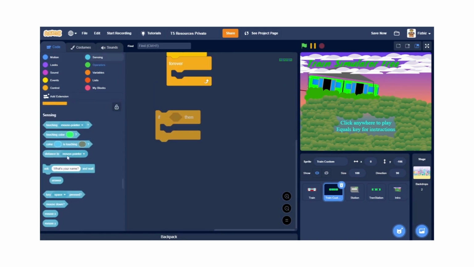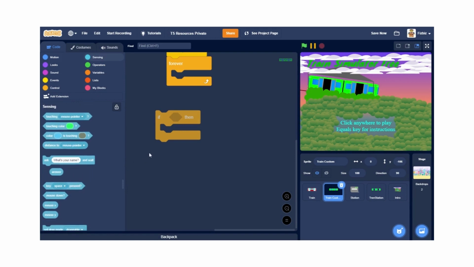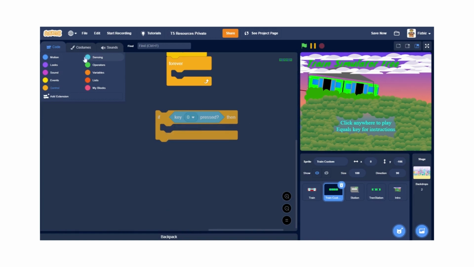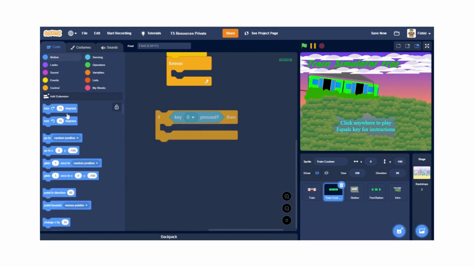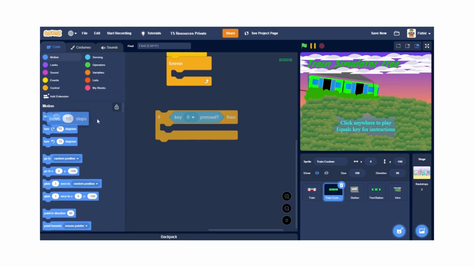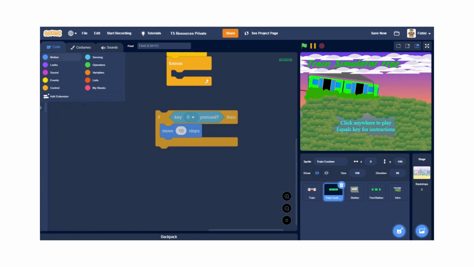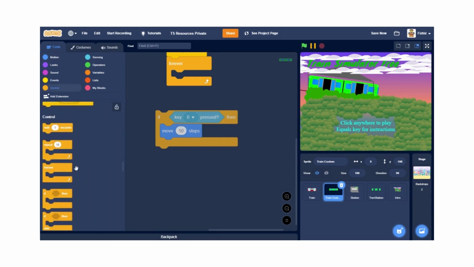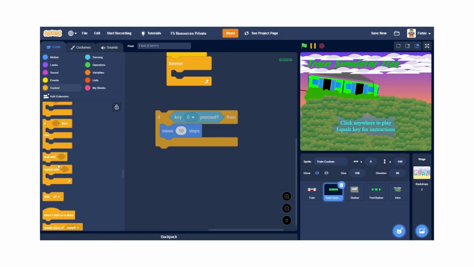So now, if the key 0 is pressed, and repeat until